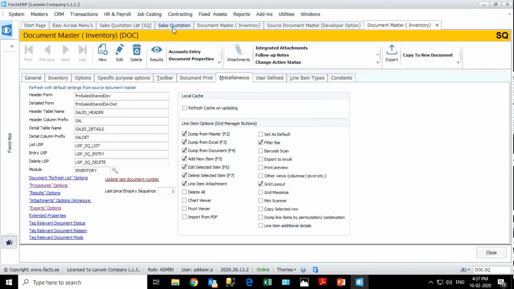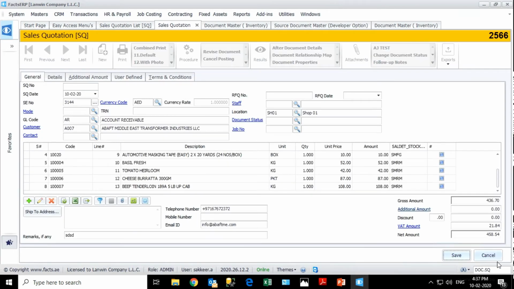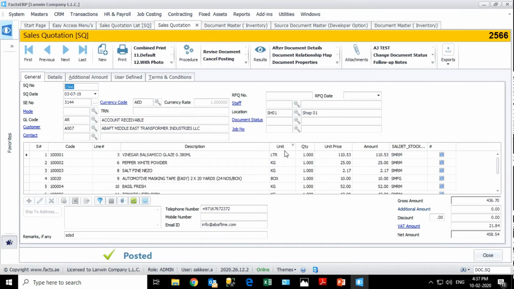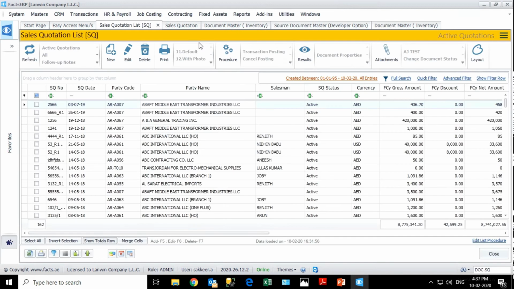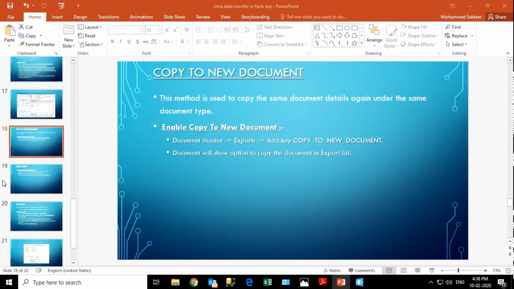For example, some customer will ask us to generate a job automatically from a sales quotation after approving it. So if you give anything in the document master procedure section, it will be available here in this list. So with this transaction posting or cancel posting, that option also will be available with the given description. So the user can simply click and we can take the backend data and process it. We can map his requirement. That is the general query.